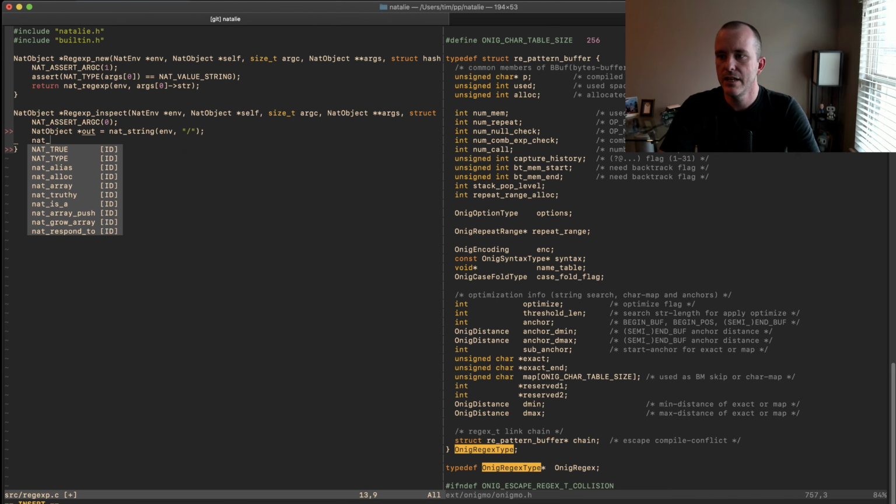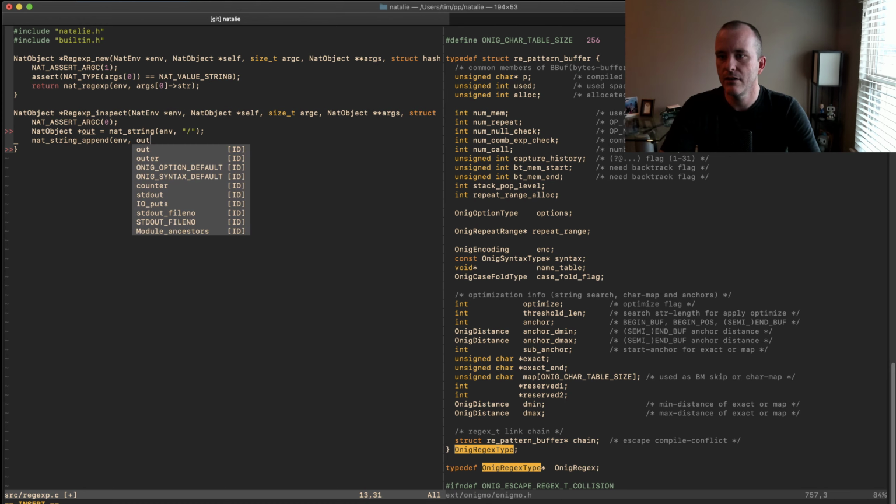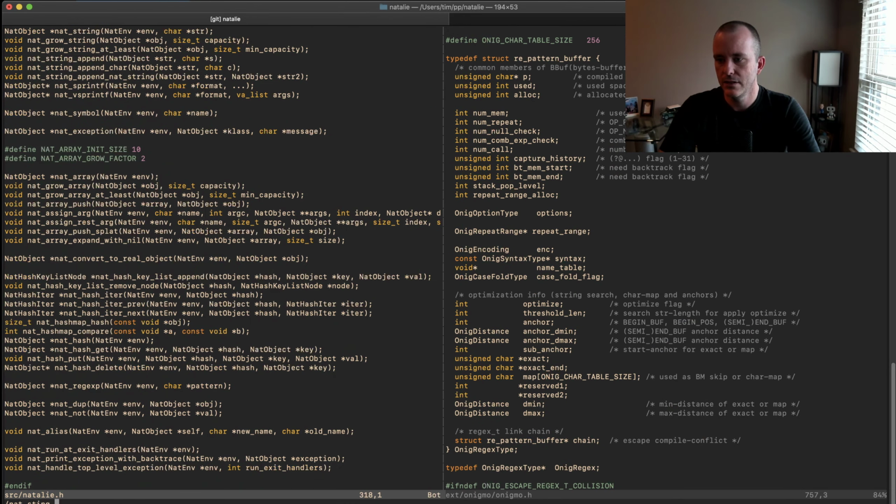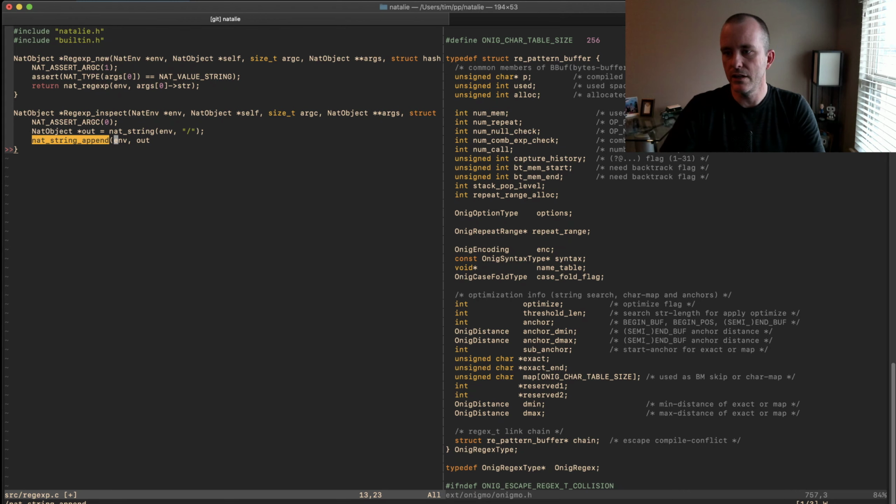And then we'll do nat string append. Nat string append, yeah. env out. Nat string append. How do we use this? Oh, it's just the string and then the other string. Okay, we don't even need env. And then what we want to append is